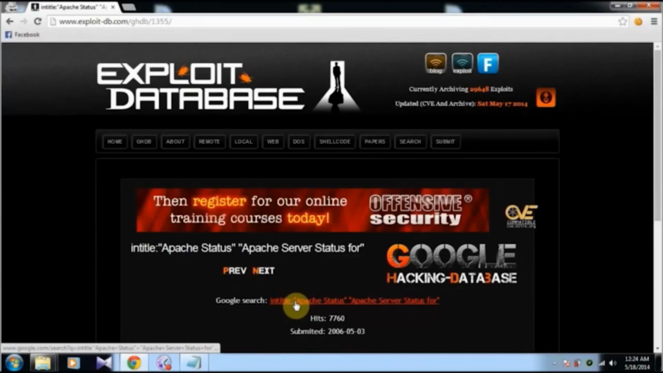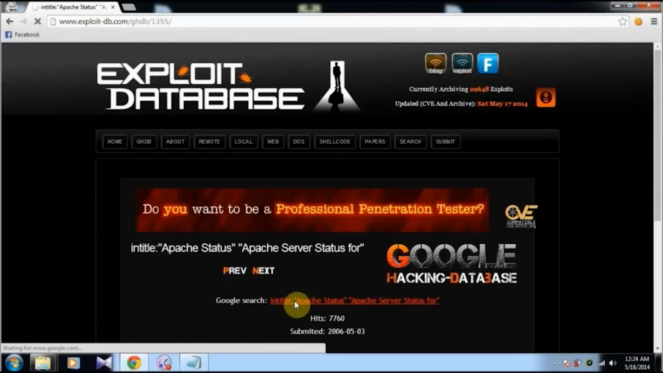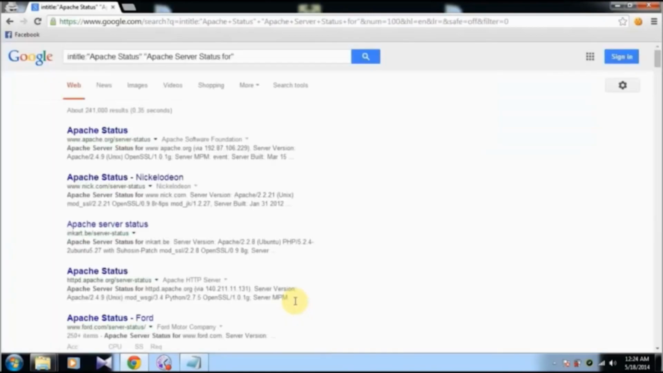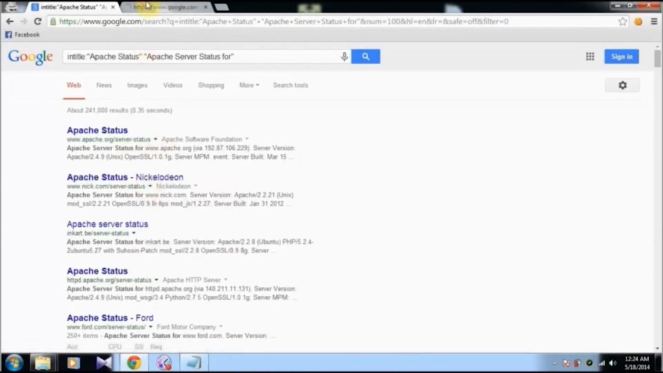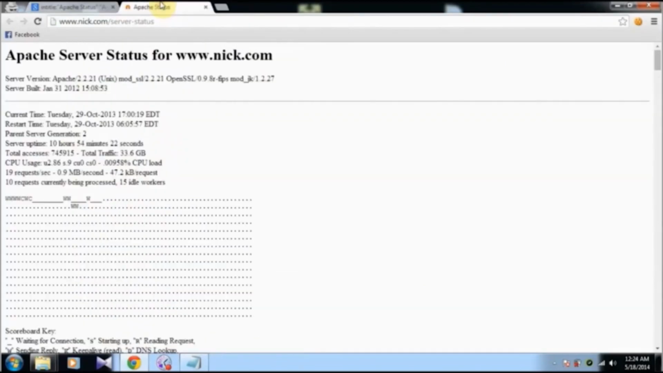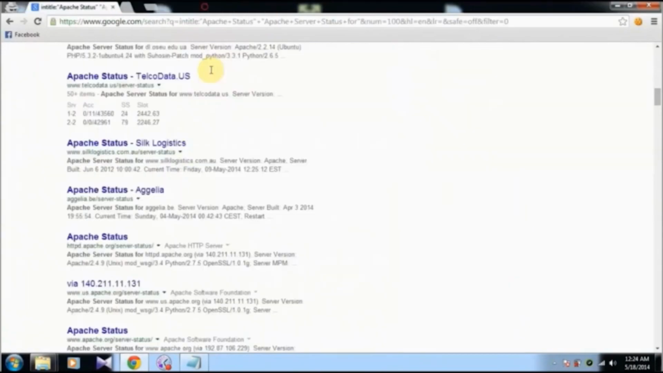Okay. This will help us find an Apache server. So let's use a Google Dork for that. And you can see here that it's giving you results only for servers which are running this Apache server. So this is the use of